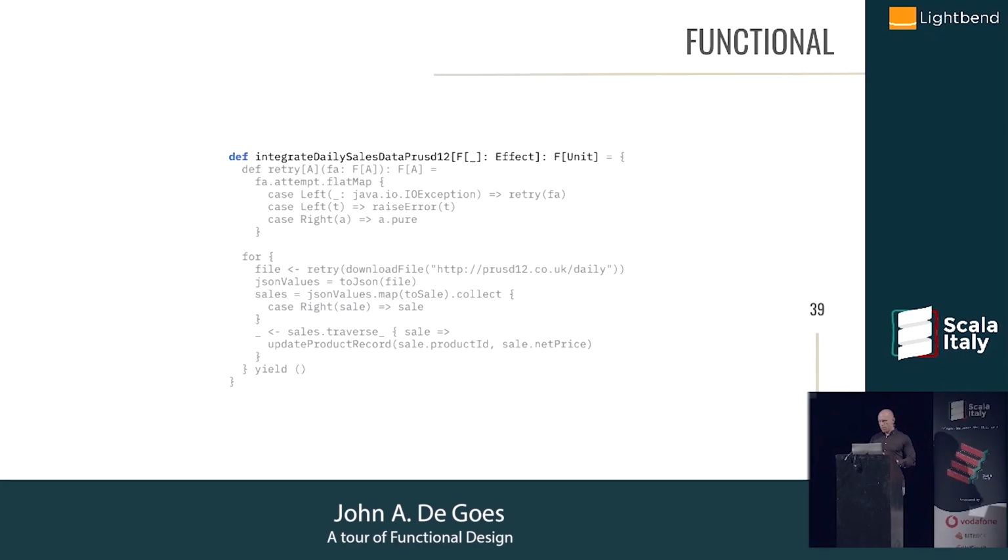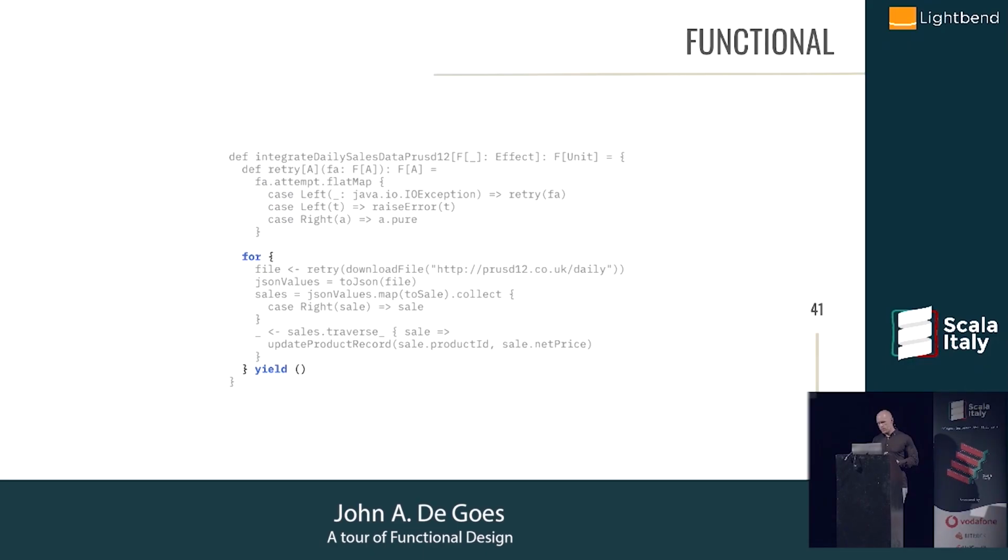First, we declare our function, which is in this case going to be polymorphic in F. We're going to require an effect constraint on it. And we're going to write a little retry helper function here that's going to be able to do the exact same thing as the other logic. The difference is, though, that this can be reused because it's operating on values. So I put this function here locally, but I wouldn't have to. I could pull that out and never write it again. It would work across all effects, not just the one download file thing.